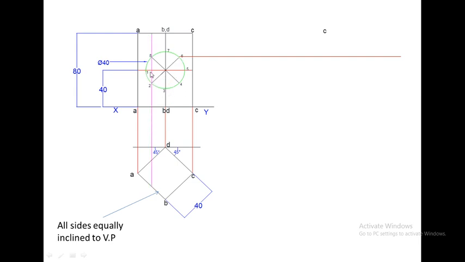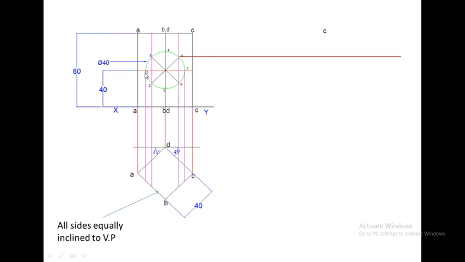So vertical edge passing through points 2 and 8. This is an imaginary vertical edge. This vertical edge does not exist, but we have to consider it or draw it as we have to mark these points in the lateral surface. Next vertical edge passing through points 4 and 6. Next vertical edge passing through point 1 and the next vertical edge passing through point 5. So we have drawn all imaginary vertical edges passing through the points 1, 2, 4, 5, 6 and 8, whereas points 7 and 3 are already lying on edges B and D.